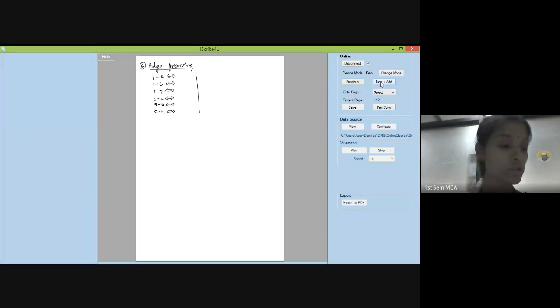Six edges I have listed out, another 6 I have to list out. 3 to 6 is one edge, 3 to 4 is one edge, 3 to 7 is one edge. Don't repeat the edges. 6 to 7 means don't take 7 to 6 also. That is not required. 6 to 4, 6 to 2. These are our 12 edges of G. Now for each of these 12 edges of G, I have to map an equivalent edge of H.